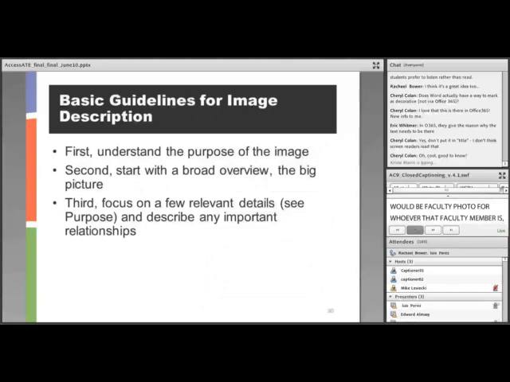And by the way, the steps for doing it in Google Docs, if you're using that to create most of your content, are very similar. You'll right-click the image, choose alt text, and then